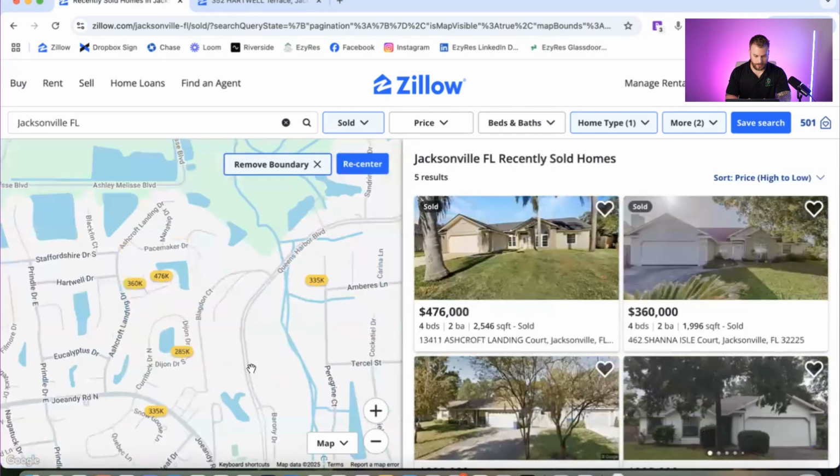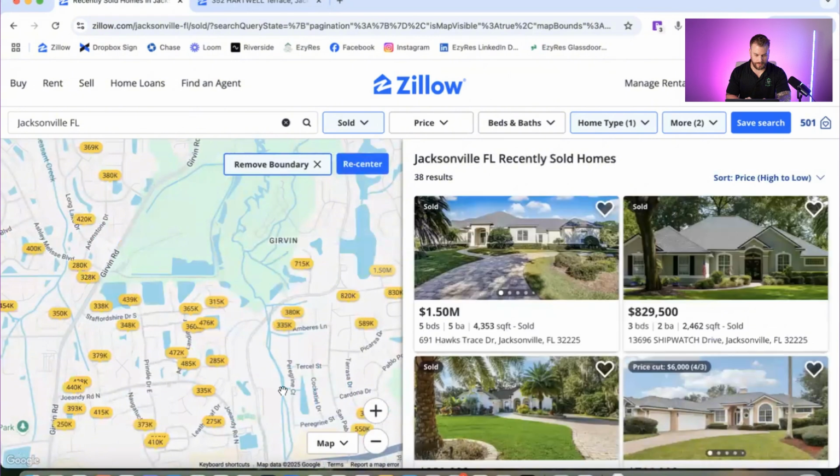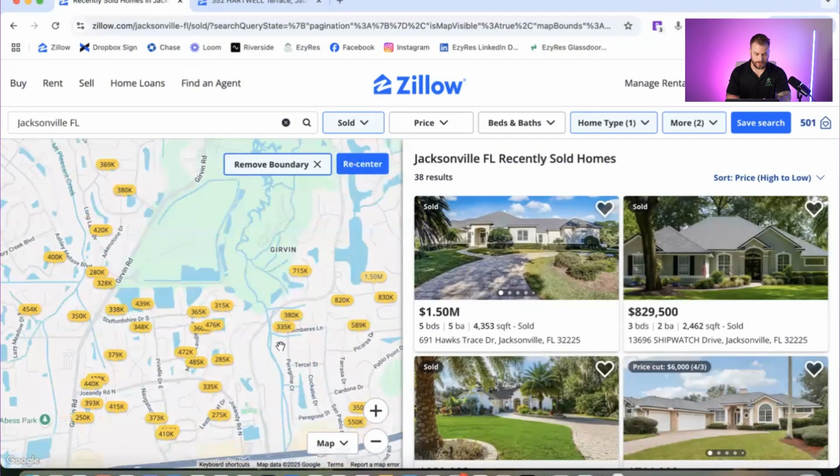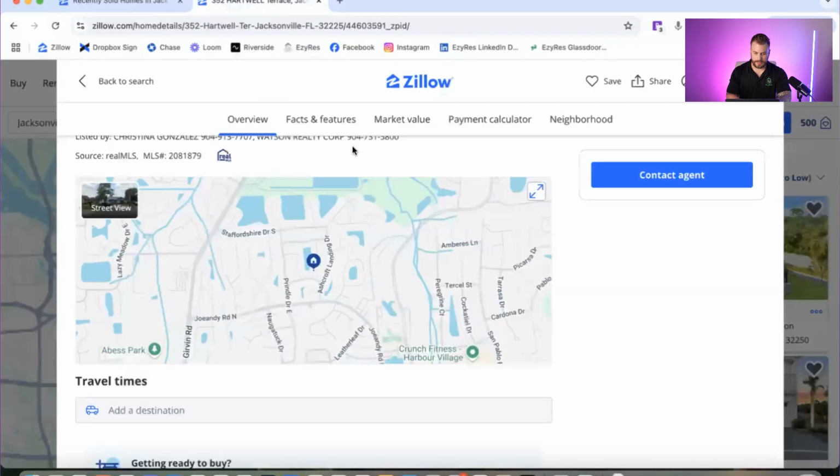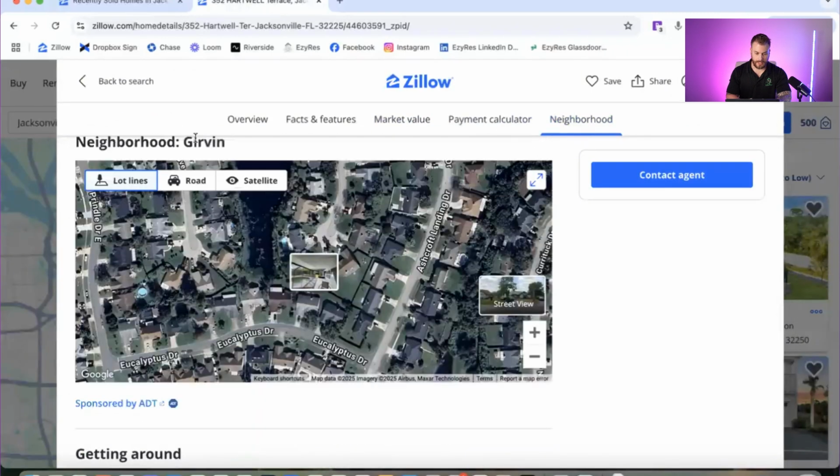Yeah, I will not be crossing Queens Harbor Boulevard either. So I see my boundaries are over here. So that's how I first want to find out my boundaries. Okay. The other thing you could do is sometimes Zillow will tell you the neighborhood,